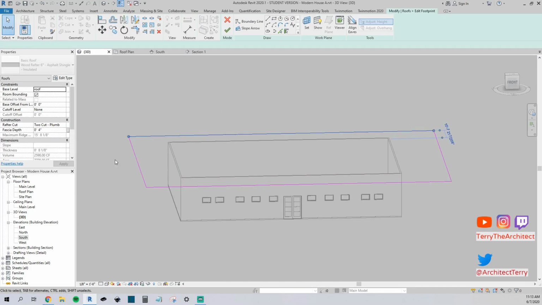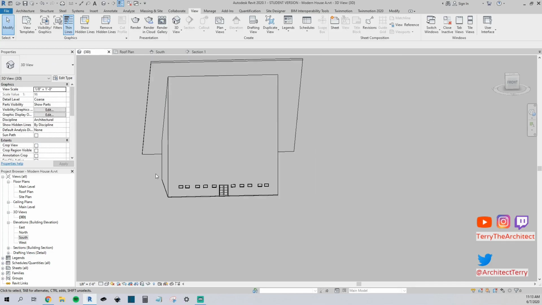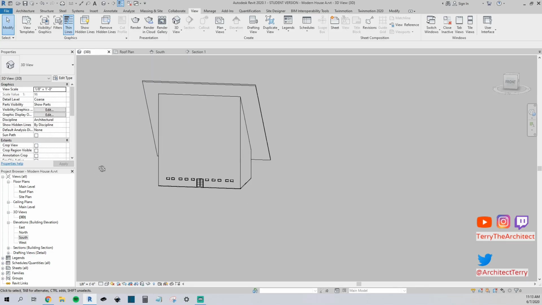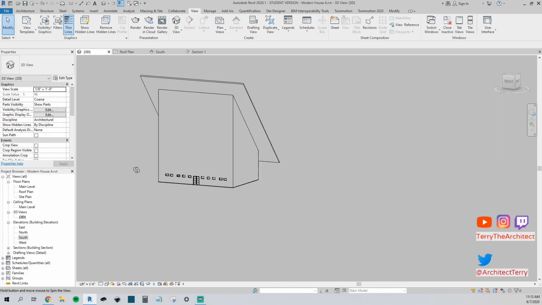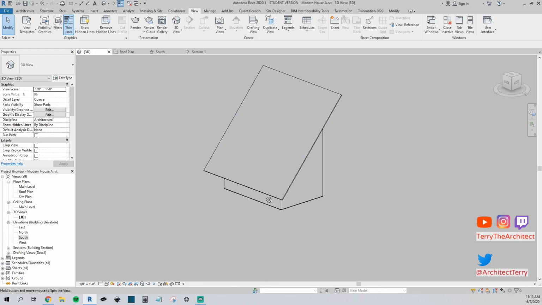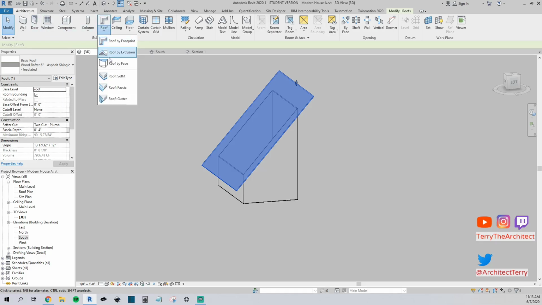So if I want to change that again, you just click on the line you want a slope and then define slope. So that's an overview of how roofs work. If you have any questions about how they work, or maybe you're running into an issue, we can try to figure that out for you. There are definitely a lot more commands with roofs. You can see there's a bunch of options. We have extrusions, roof by face, all these different things. Real quickly before we end, I will show you